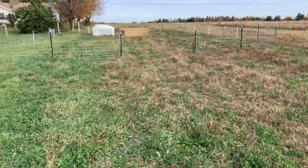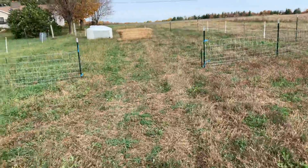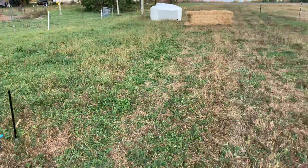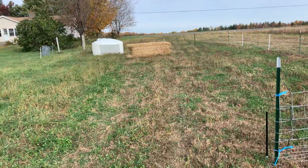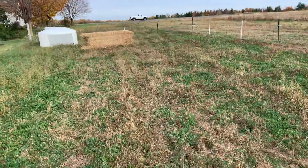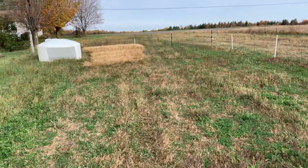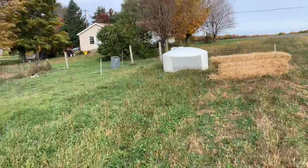So this is our new feeder pen that we built. We've got to hook up the wire, and we're just going to use a cattle panel or hog panel for this opening. The opening's like 10 feet. That was one of the best things I did, because we won't have a problem getting in and out of here for feed or bales, or even if we wanted to, back up the trailer right to it. But right now, my screw up is,